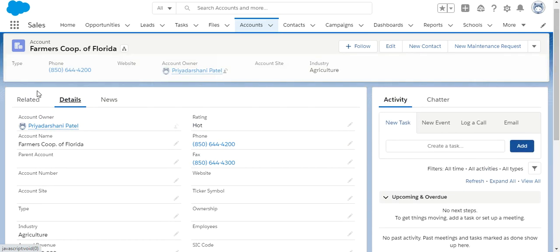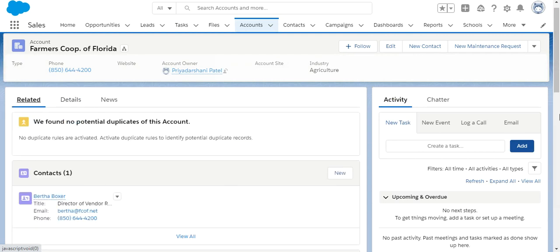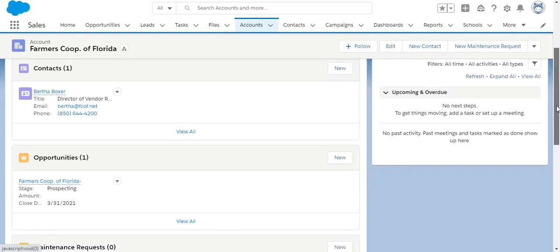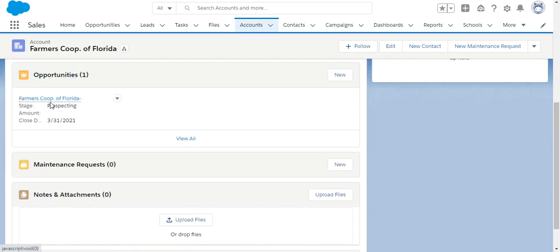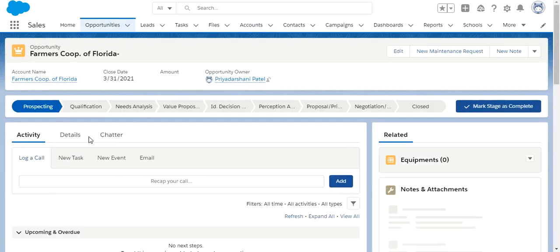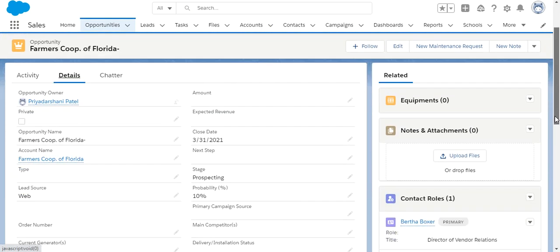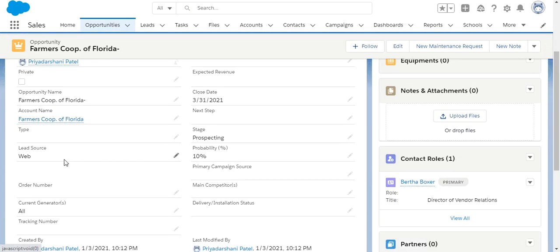Because the filter criteria is not matched over here. Might be the lead source is not equal to the phone inquiry, that's why the amount is showing 0. So let's check the lead source field on opportunity. Okay, so here you can see the lead source is equal to web.